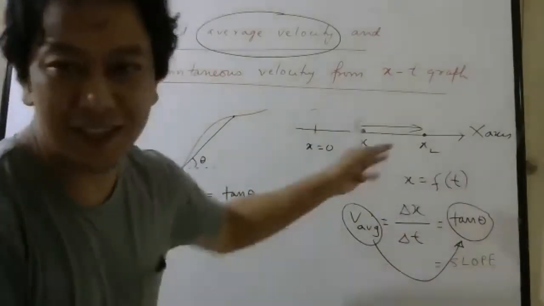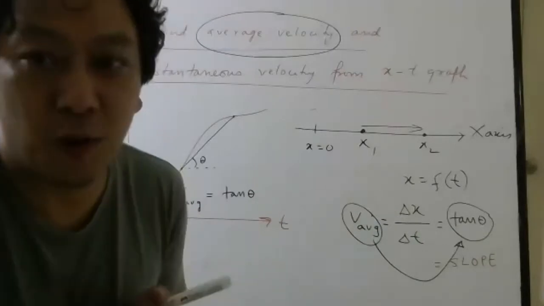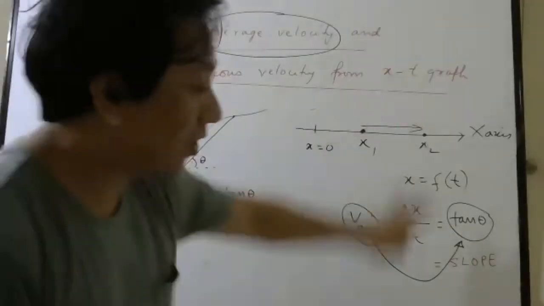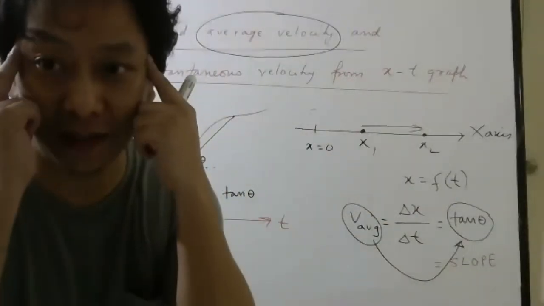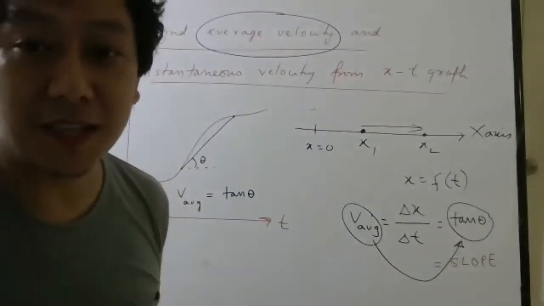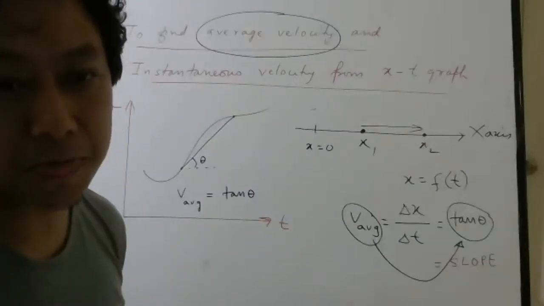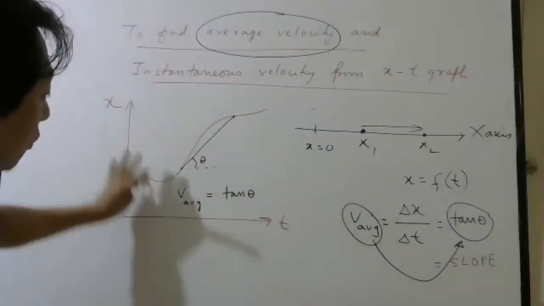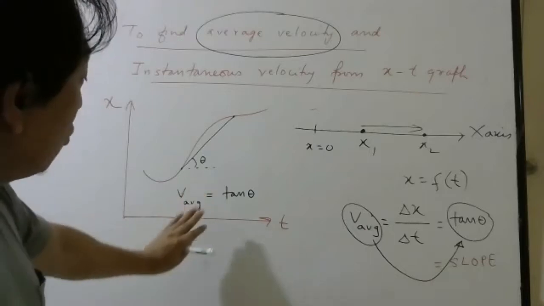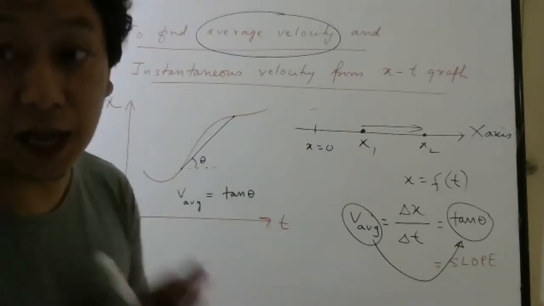So this is what you have to remember. This is just understanding how; if you want to know why it is tan theta, then you have to understand this. But you need to memorize it so that you can do entrance problems easily, and in the board exam also, you can do numericals easily. Okay. So I want all of you to draw this part. So this is how you have to immediately find average velocity.